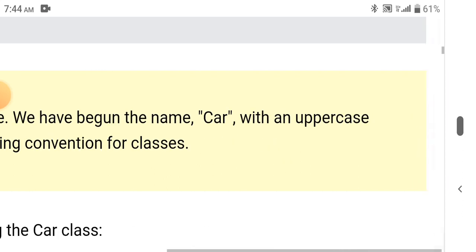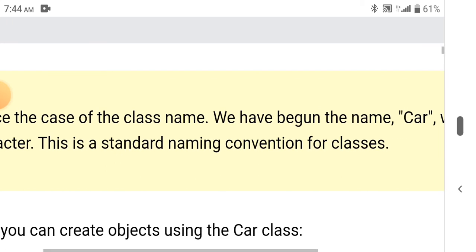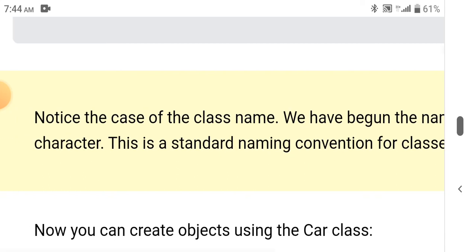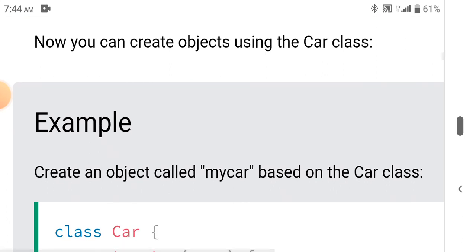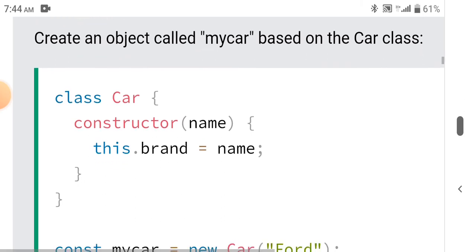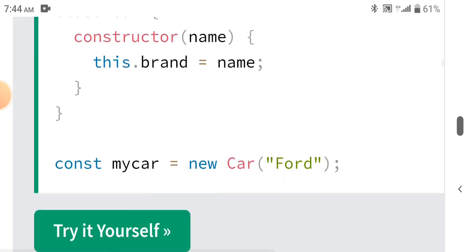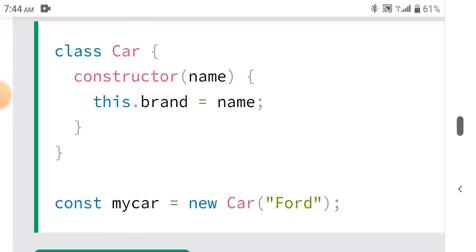We have begun the name Car with an uppercase character. This is a standard naming convention for classes. Now you can create objects using the Car class. Example, create an object called myCar based on the Car class. class Car { constructor(name) { this.brand = name; } } const myCar = new Car("Ford");